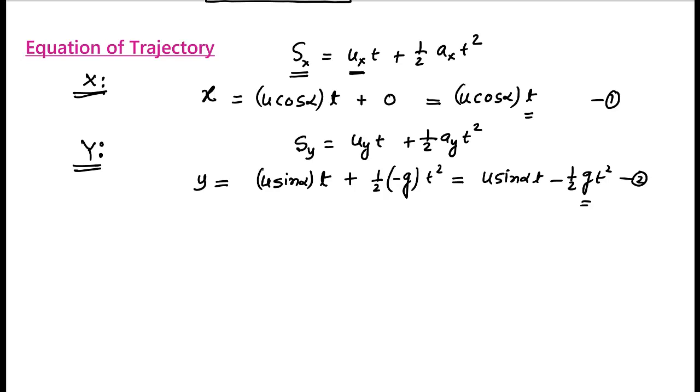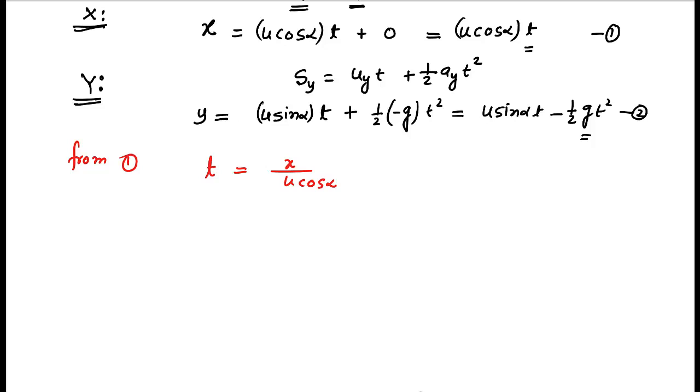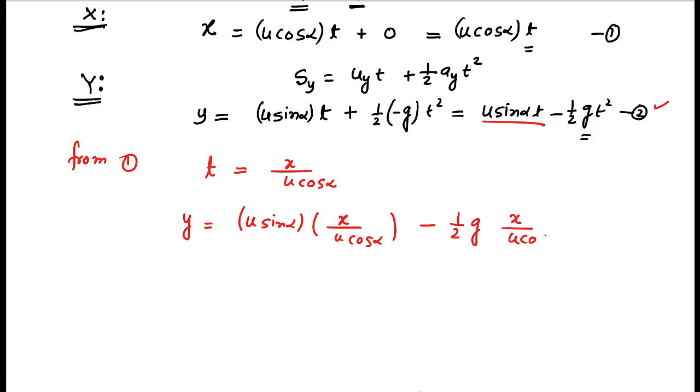So what we can do is calculate time from equation 1. From equation 1 I can write what is time. So t is equal to x divided by u cos alpha. And now once I have this time, I can plug it into the second equation. So if I plug it into the second equation, I will have u sin alpha times x divided by u cos alpha, and then minus half g, and time is x by u cos alpha,